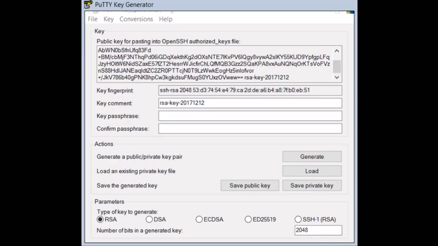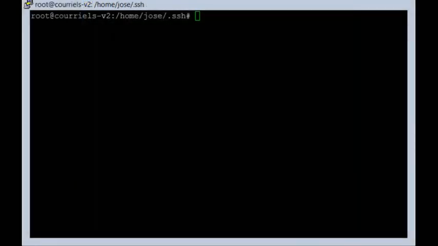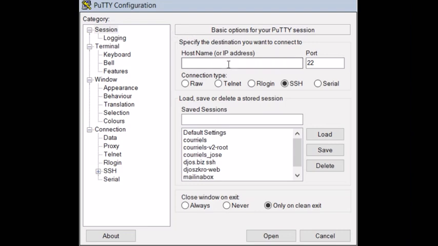And now we go on PuTTY again. I just load the root profile here to go on the droplet.